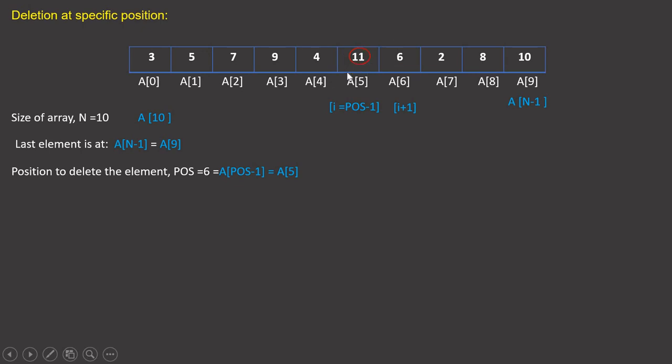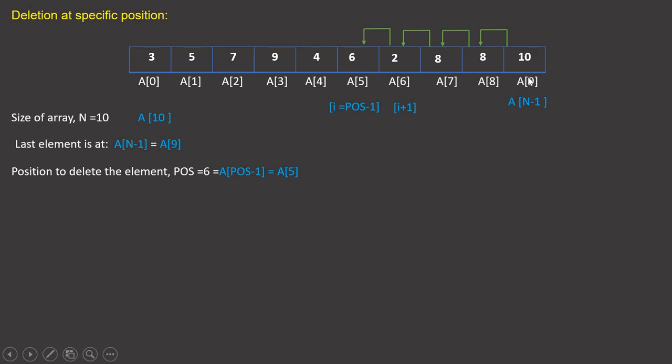So what I'm going to do is simply access this value and store it here, right? So this value will automatically be lost, right? The operation is performed here, but we are accessing the value from this index number, so this value is copied here, so 11 is no more. And now I must shift all the values, so we are going to keep on incrementing and perform the operation on a6 and then a7 and then a8, and finally we are done because we need